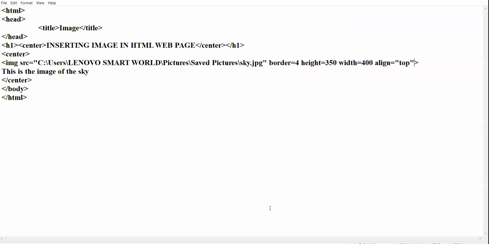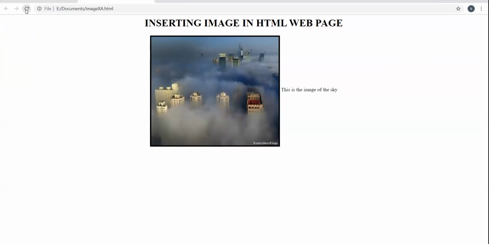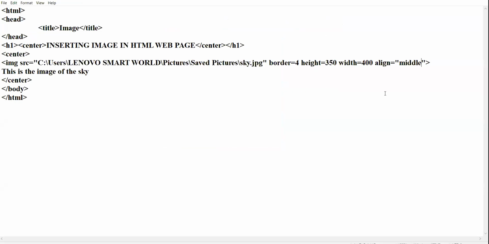Now, the next alignment with respect to text is middle. See, the text has come in the middle along with the image. The third type of alignment of text is bottom. That is the default also.